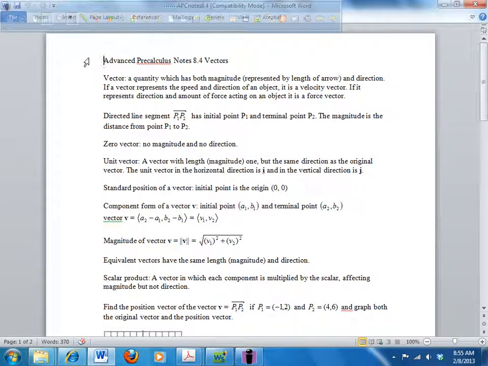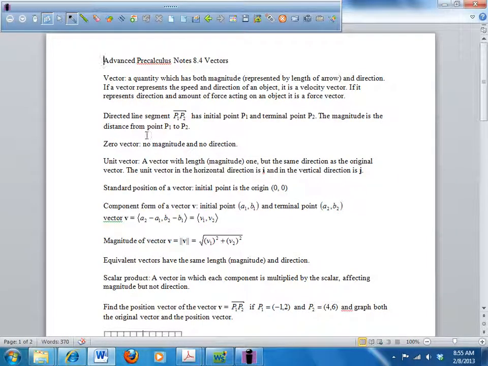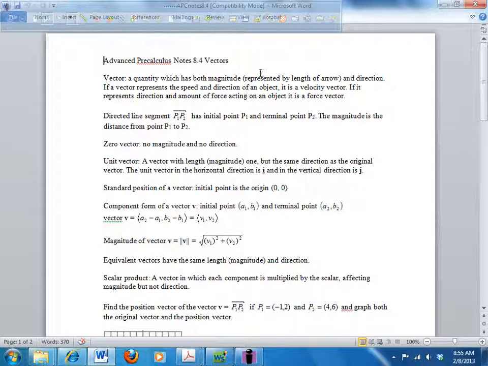Today, we're going to learn about vectors, okay? And we'll kind of buzz through all this stuff, and then we'll do some problems based on these ideas right here. But a vector, as it says, is a quantity which has both magnitude and direction,